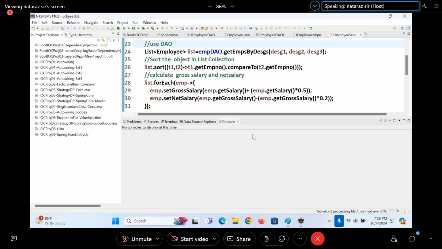Unexpectedly, the 9 o'clock batch is completed today. It was supposed to complete tomorrow, but today itself it got completed. So 9 to 11 is okay. The students who are saying they are attending classes from the UK and US, I think 9 to 11 should be okay.